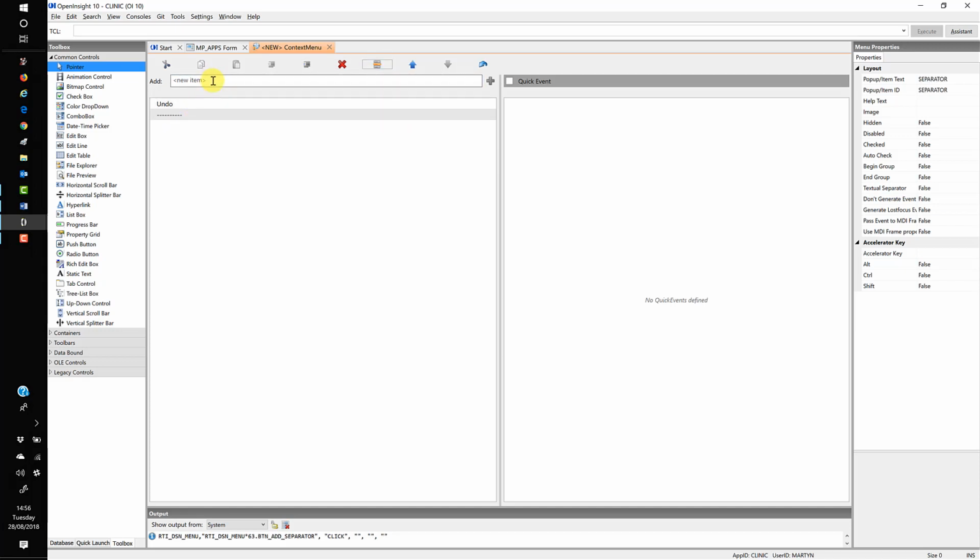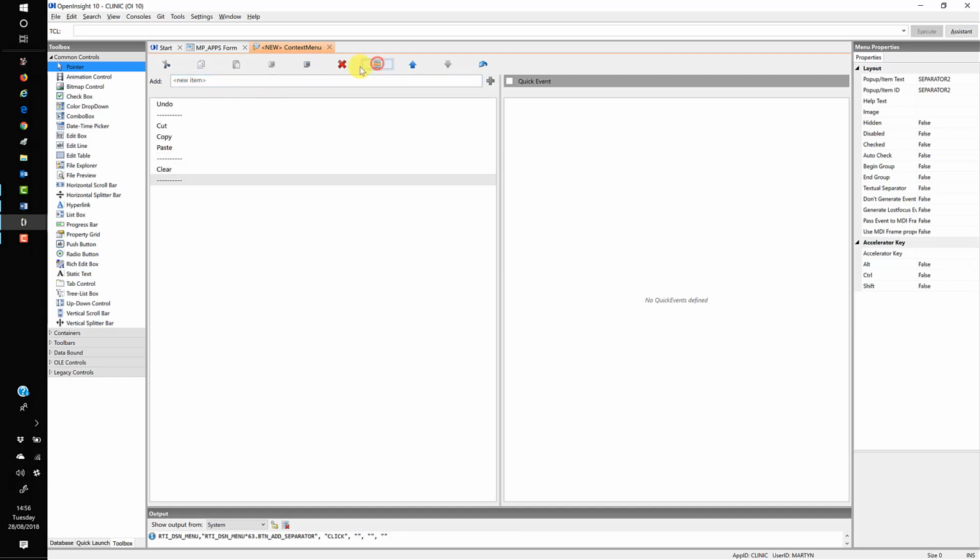Now the other thing that we can do is if I go cut and I hit return instead of the plus button, then OpenInsight 10 will leave me in that edit line, and then I can do copy, return and paste, return, and add in menu items very quickly. If I then want to add a separator, I am going to need to click back into that edit line to add in clear,